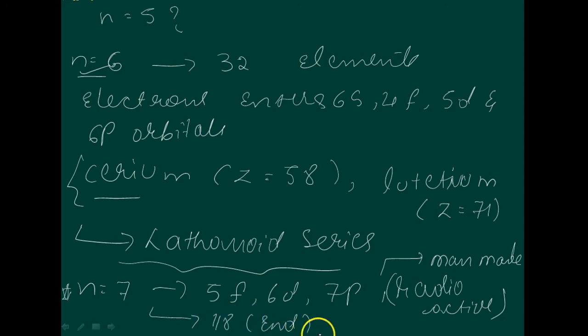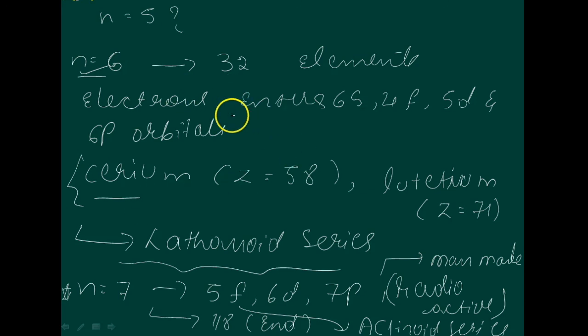Filling up of the 5f orbitals after actinium gives the 5f inner transition series. So these are called the actinoid series. What are they called? Actinoid. The 4f and 5f inner transition series of elements are placed separately in the periodic table to maintain its structure and to preserve the principle of classification by keeping elements with similar properties in a single column.